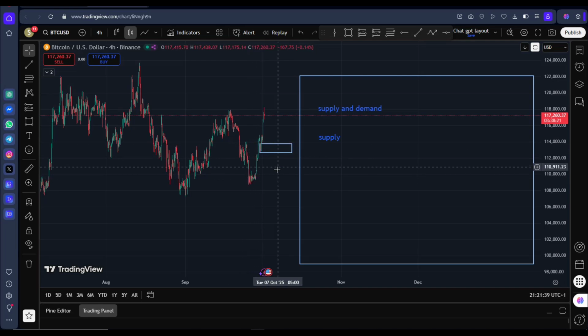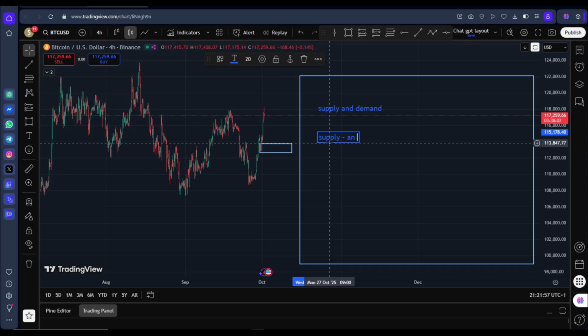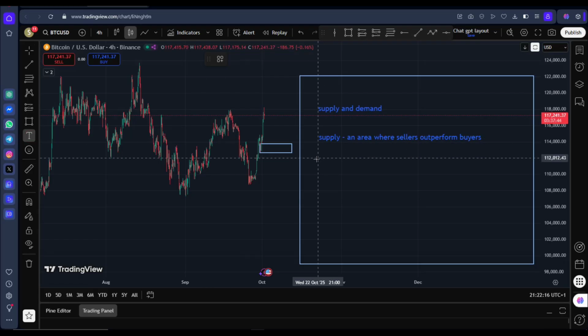A supply zone is simply an area where sellers outperform buyers. That just means that there are more sellers in that area than there are buyers. Meanwhile, a demand zone is quite literally the opposite, which is an area